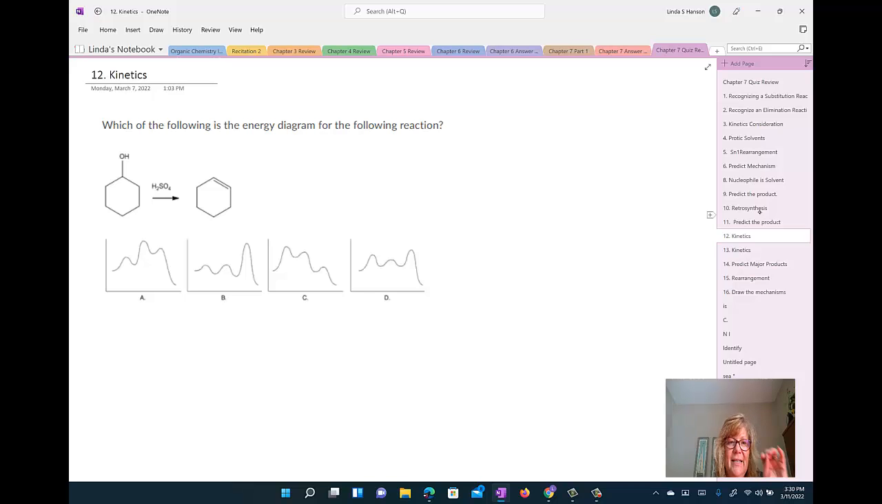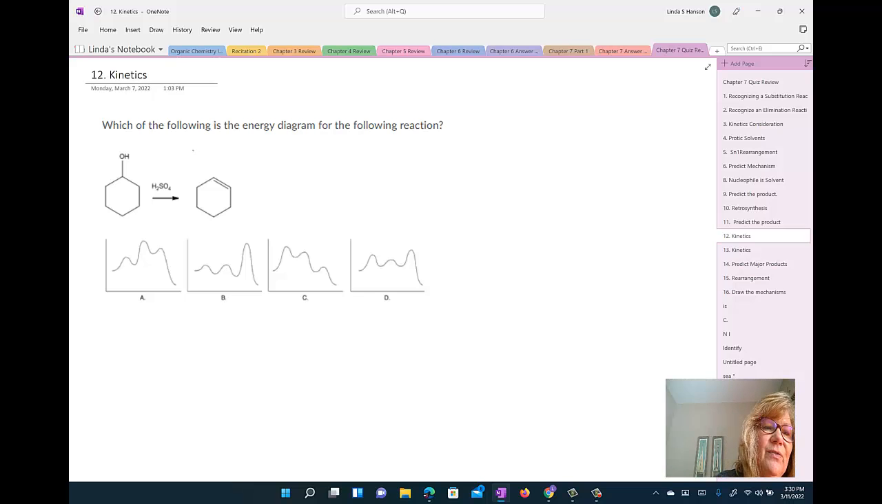Which of the following is the energy diagram for the following reaction? So with an energy diagram, what you're really being asked is how many steps would you predict in this particular reaction? Is it going to be unimolecular, bimolecular? What's happening to get the OH into a cyclohexene? So when you just pause and think about